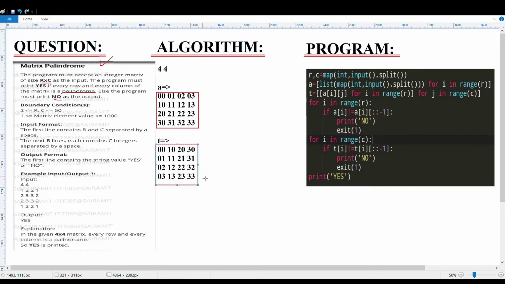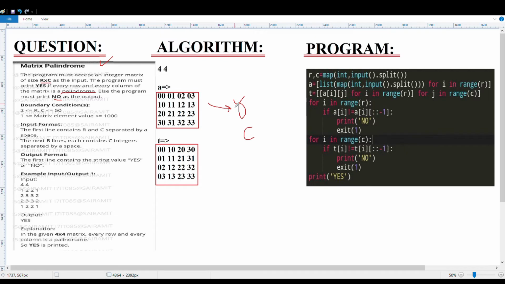Transposing the A matrix, you will get these indices of the matrix. Here we already saw accessing rows, right? First you have to access the rows and check, and then you have to access the columns and check.